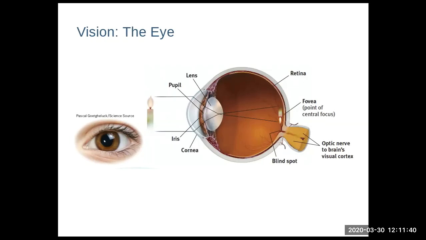The candle is lit, looks like a birthday candle in the visual field. And what you see is that that image is projected onto the back of the eye in the retina in an area called the fovea. As you can see, the fovea is the point of central focus. And what we see is that when this picture or image is projected to the back of the eye, it is upside down. What you can't see is it's also backwards, like a mirror image.